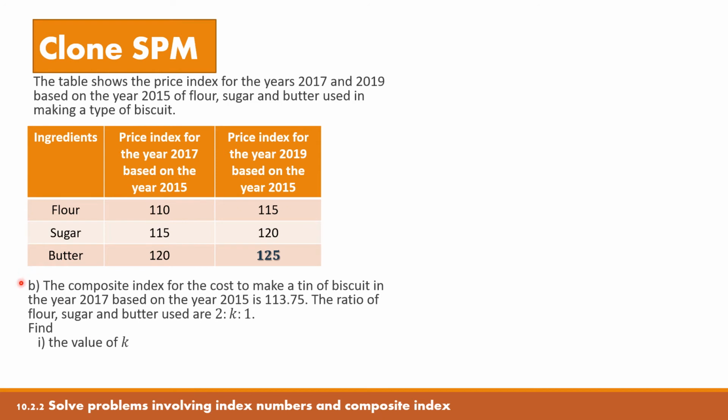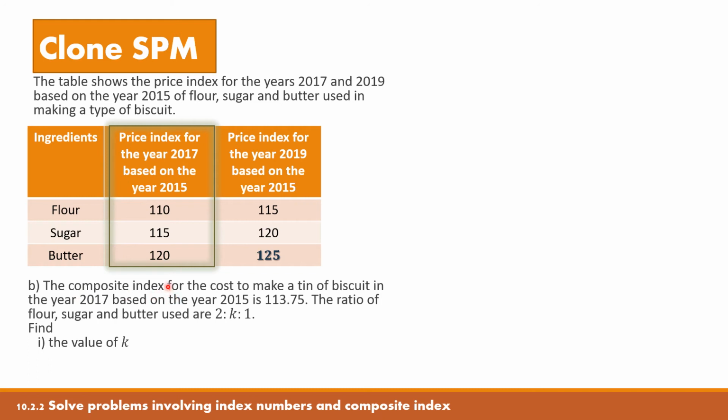Okay, let's continue with section B of these questions. The composite index for the cost to make a tin of biscuit in the year 2017 based on the year 2015 is 113.75, as the given composite index is for the year 2017 based on the year 2015. So we are going to concentrate on the second column, which is the price index for the year 2017 based